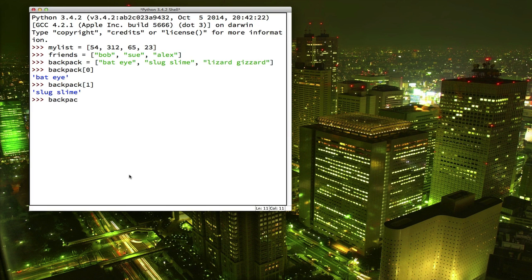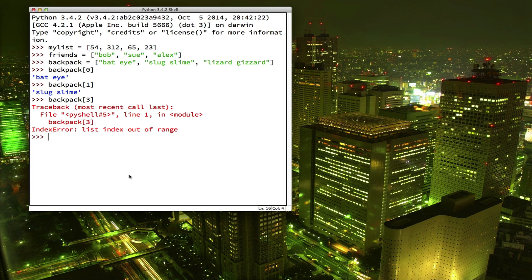But what if we say we want backpack item number 3? Well, we get an error message, right? It says the index is out of range. That's because the list only has an item number 0, an item number 1, and an item number 2. There is no item number 3. It takes a little getting used to remember to start counting with 0, but with practice, you'll get used to